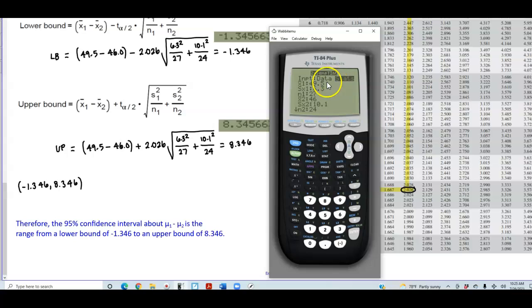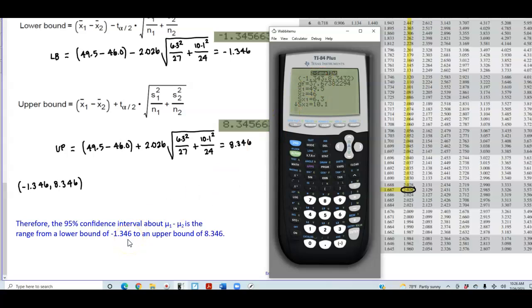If we put in the stats, the mean, the standard deviation, the sample size, and then the information for population 2, with a confidence level of 0.95, and pooled as no, and then select enter, you're going to see that we get a confidence interval that says negative 1.343,